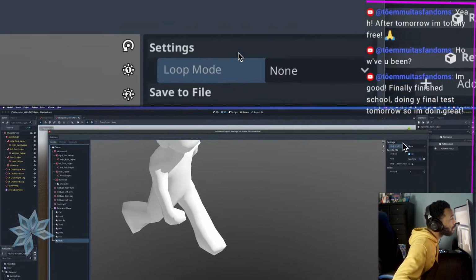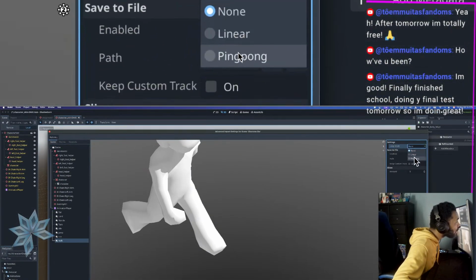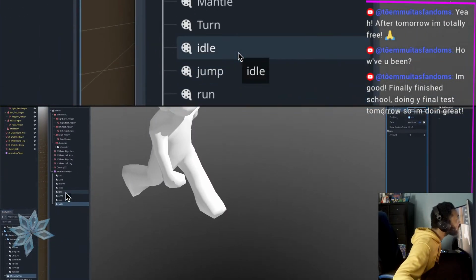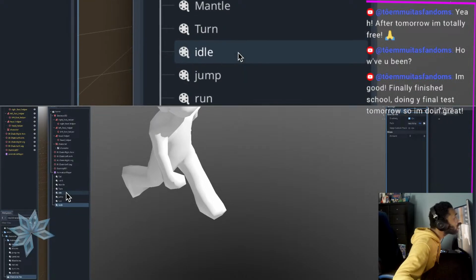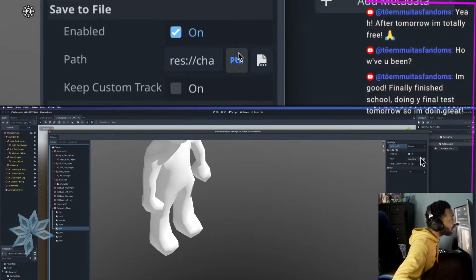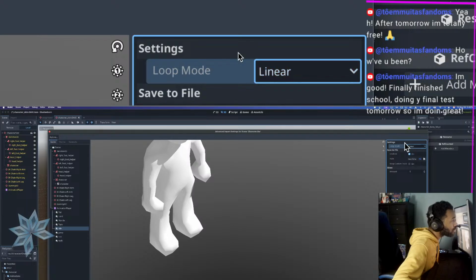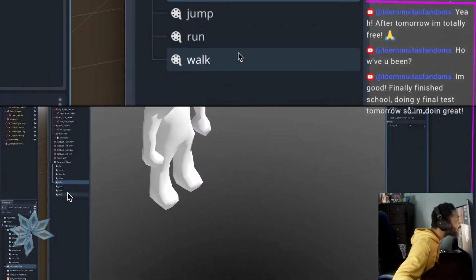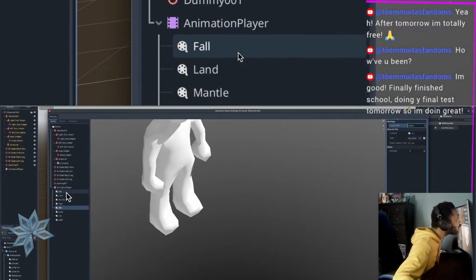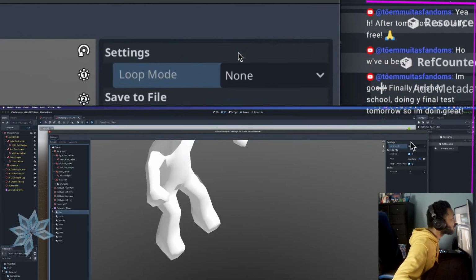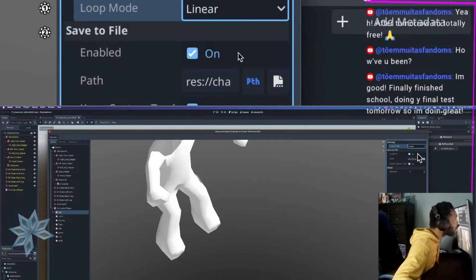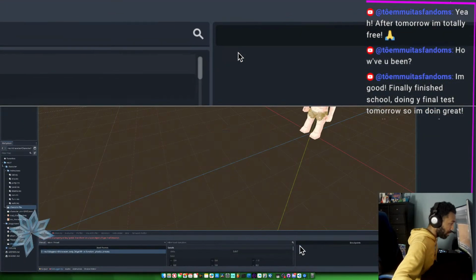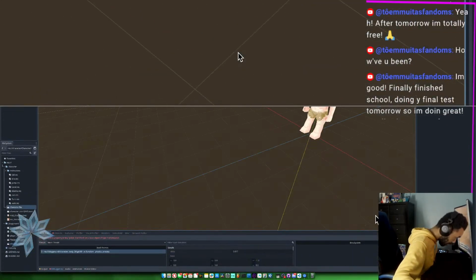Run, walk, and I think the fall is linear, or fall is loop, and that's already set. And then re-import. There we go. Okay, now if I go to the animation player,